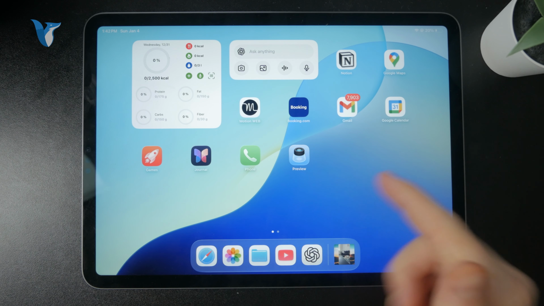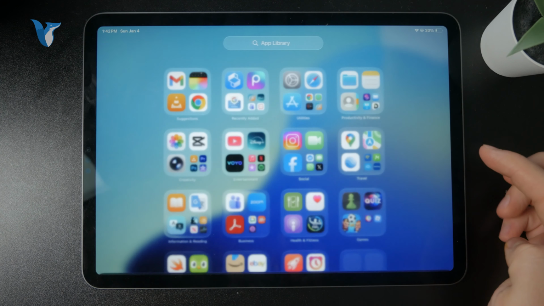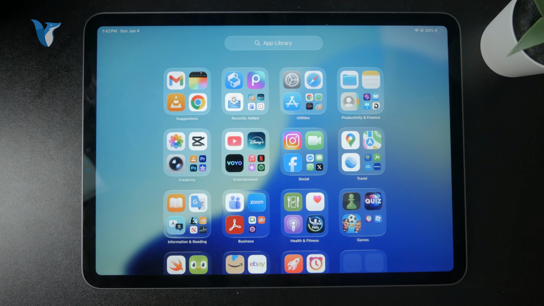So the app library is part of the iPadOS. It's been here for a while, right? But the point is that when you are on the home screen, you can swipe all the way to the right and you can find it. This is the app library, and the point of this place is to display all of your installed applications on